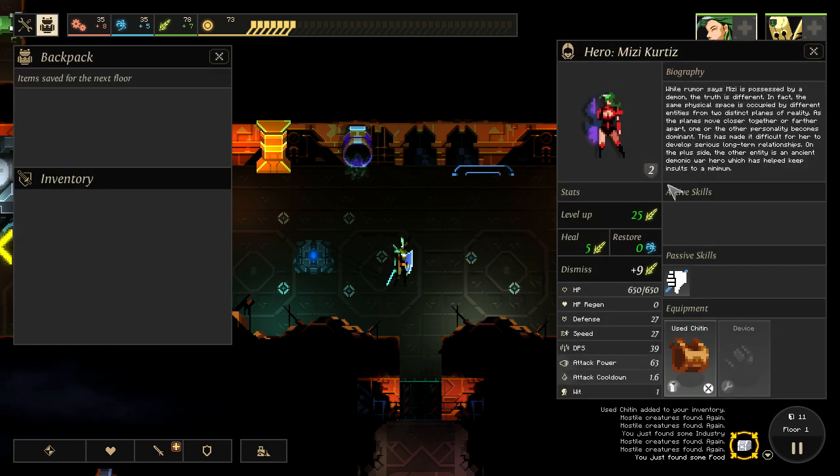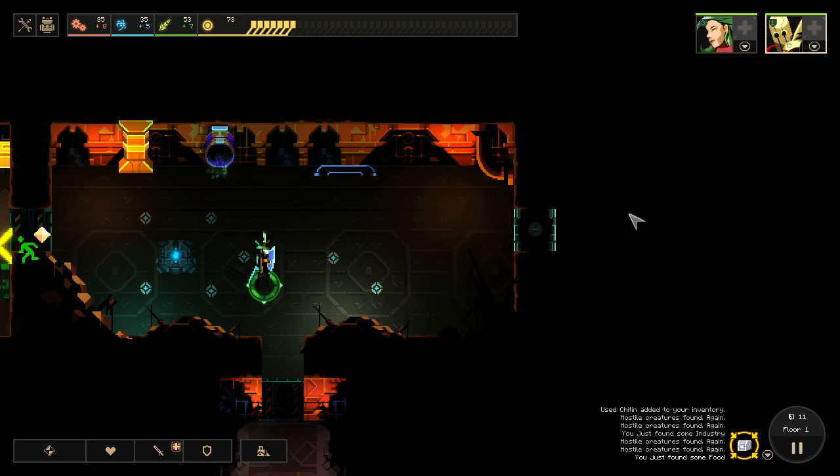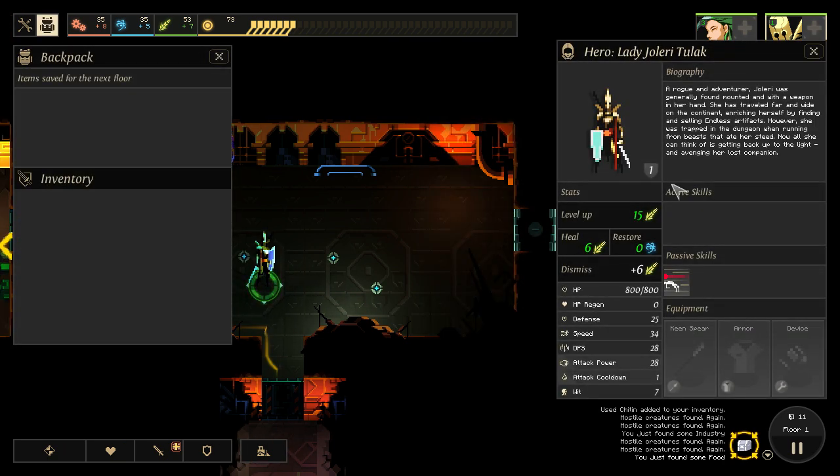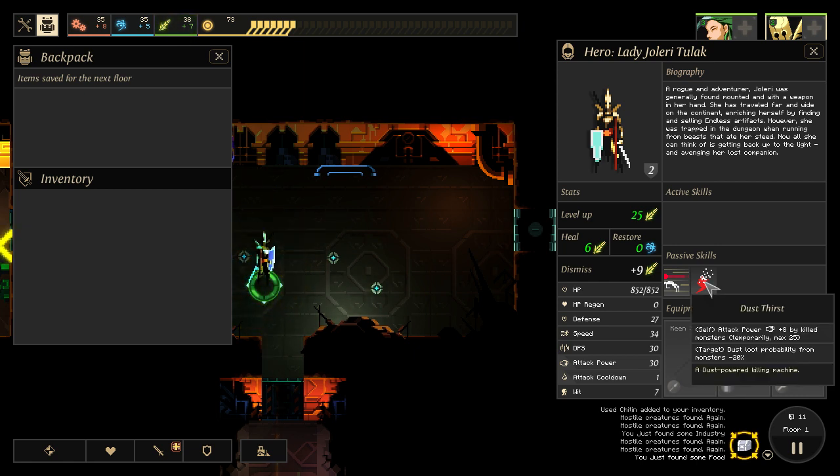I've got a ton of food, and I'm gonna level Mitzi up again. This is her ability. Like I said, makes her really powerful, lowers attack cooldown, which is also very important. But she cannot move anymore with this ability turned on. I could level up Lady as well, and I still will have probably enough food to hire a hero, so I'll do that. Get Dust first, which is decent. I mean, it does lower my dust loot probability, which is fairly annoying, but again,